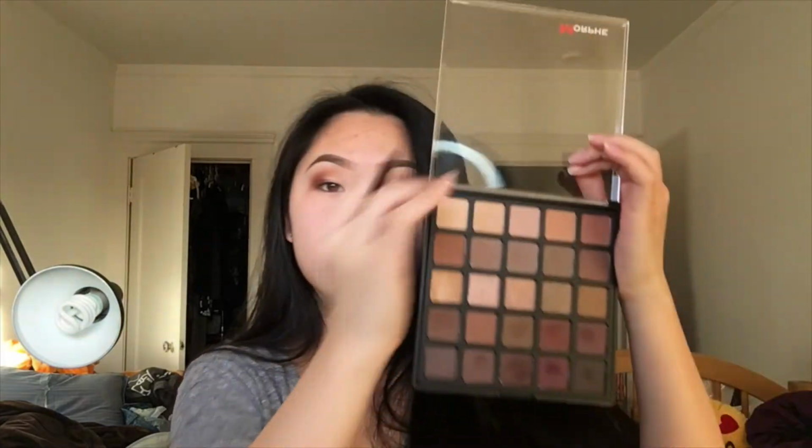And then lastly, just to deepen up the outer corners, I'm gonna go ahead and take the same Morphe palette, and I'm just gonna go in with this bottom middle color right here. I'm taking another blending brush and just blending this onto the outer corners of the eye, and you'll get a much deeper look,